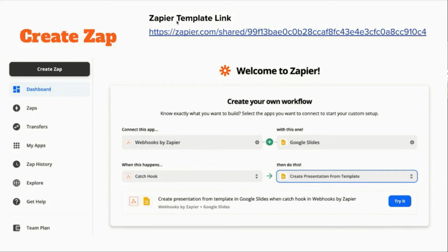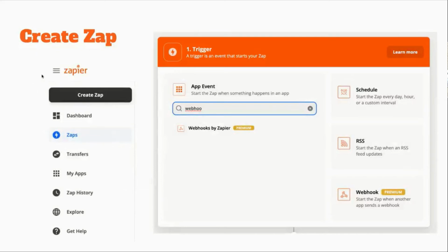Once again, I went ahead and created a Zapier template, which has all this for you. So whenever you pull up these slides, you can just click on this. It'll bring up the option so that you can pick the slide, pick your account, and everything's kind of set up. All you have to do is apply your own account setting information. So your own account, your own template, and then everything else is set up. All the merge fields and stuff are all set up. The other option that you would have is clicking on the Create Zap and doing it manually,